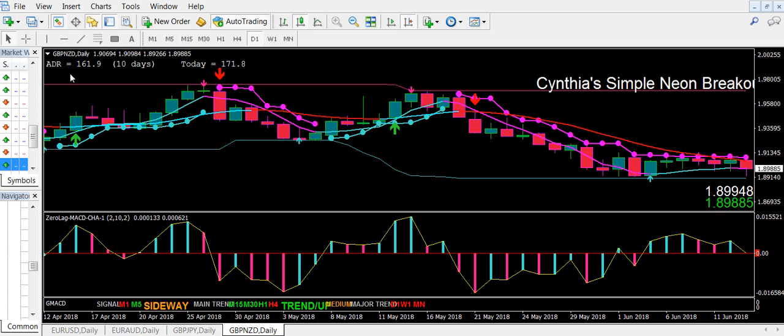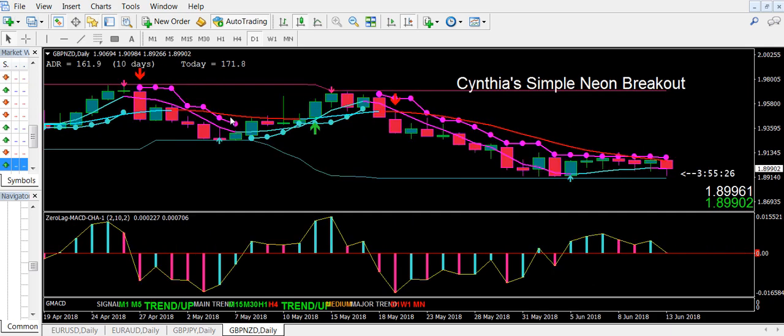So the last chart we'll look at is the pound New Zealand. Another feature of this trading system is it gives you an indicator for the average daily range. Look at how this one really moves. It moves so much better than all the other pairs. Look at the long slow trend slope is red at this point. And right here you have the yellow signal line kissing the red zero line and just the hint of a red volatility bar. So I would keep my eye on this for the next couple of hours,